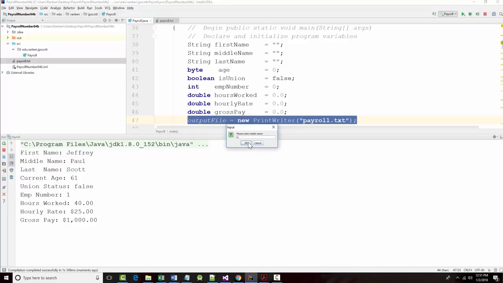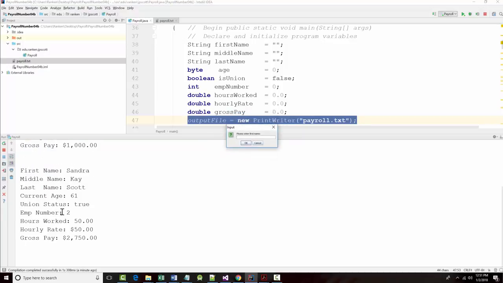Sandra, K, Scott, we'll say true to 50. It looks good. Taylor,